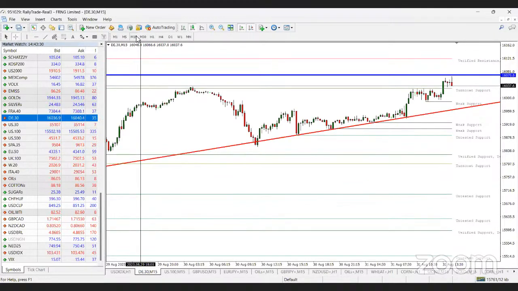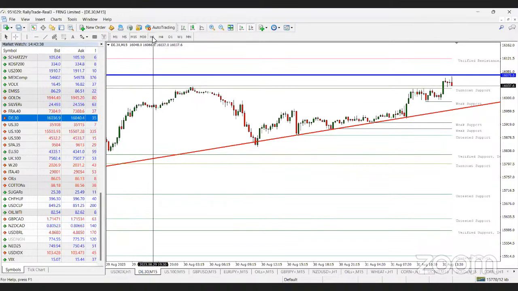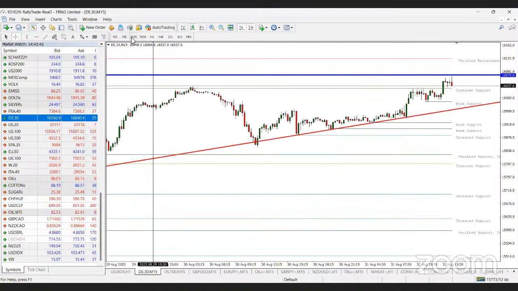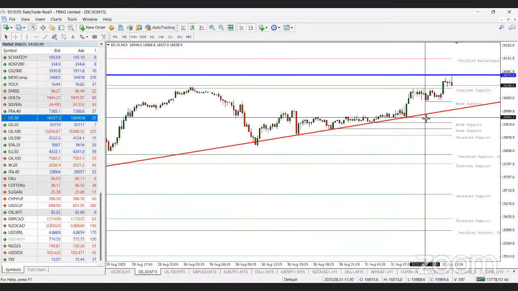So we might be seeing a retracement right now on DE30. If you're taking advantage of the market right now, you can actually scalp a sell in the market, but understand that DE30 is now on an uptrend. So yes, you can scalp a sell right now and make profit. But when DE30 sells to